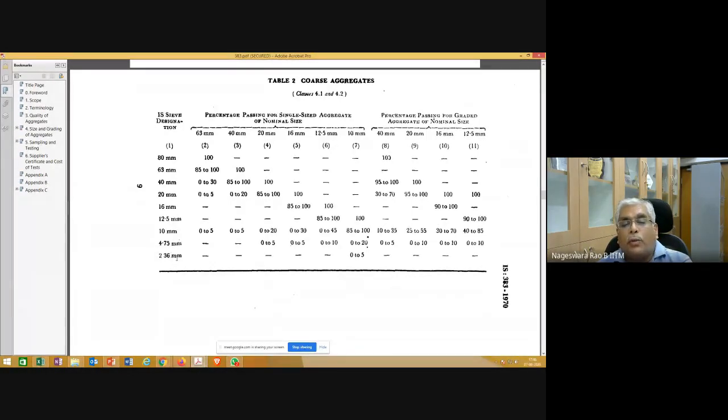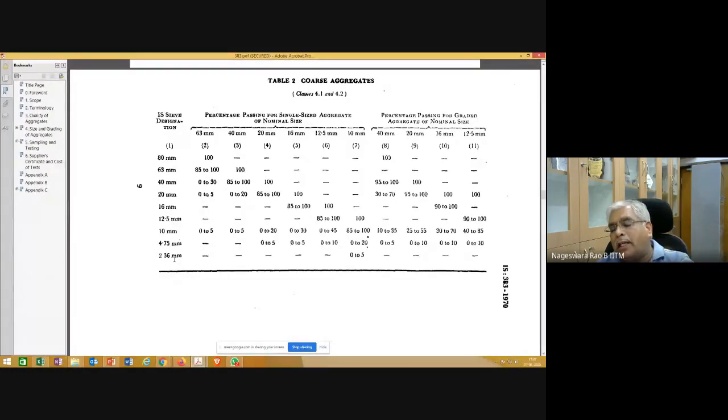Here 2.36, almost half of 4.75, that sieve size is also given here. Now when you take a sample of this coarse aggregate and put all these sieves one over the other in this order, so the 80 mm sieve is on the top and the 2.36 mm sieve is on the bottom, and do sieve analysis, you shake it.